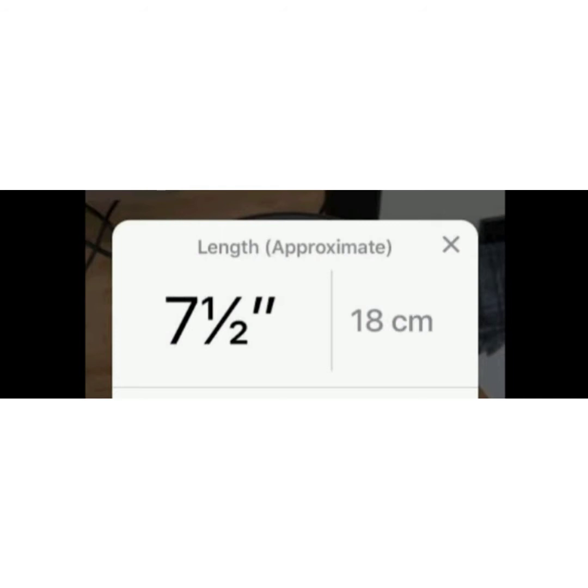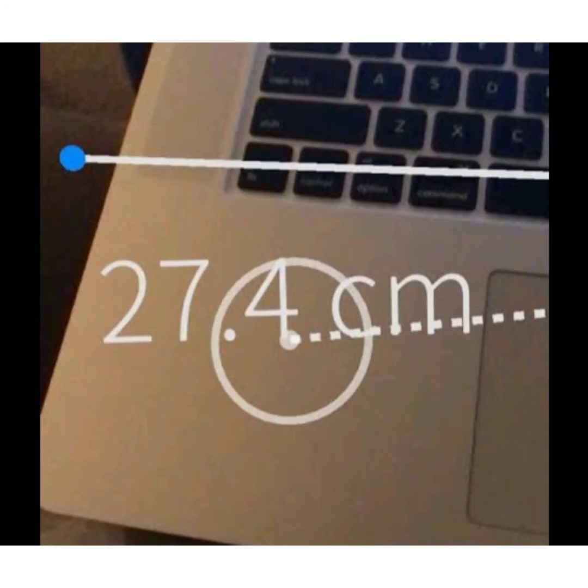For example, 7.5 centimeter is approximately 8 centimeter and 27.4 centimeter is approximately 27 centimeter.